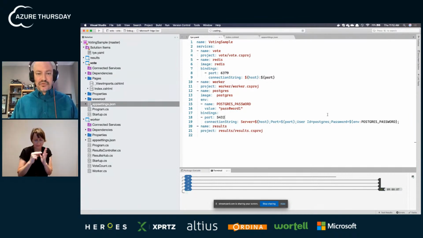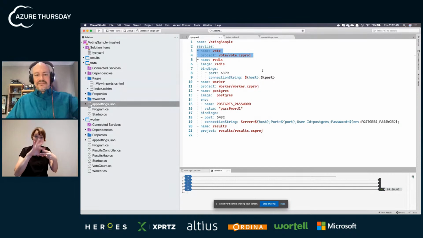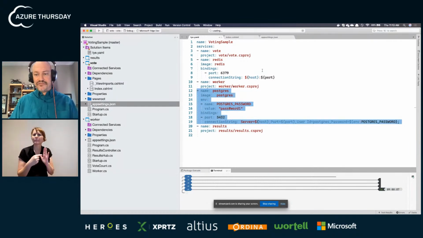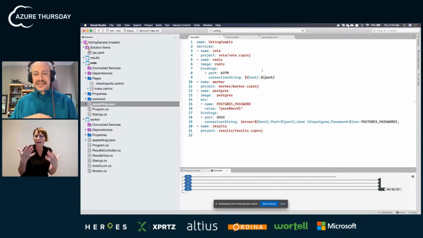Now, obviously, in this case, we've got to tell it about stuff like Postgres. We've got to tell it about our Redis. And so in this case, we're giving it the connection strings. So we're saying, vote, you know how to find vote. It's a csproj, go run it. But for something else like Postgres, we actually have to give it some more information. We have to give it the connection information. Okay, so that is all we need to do to Tye enable that,